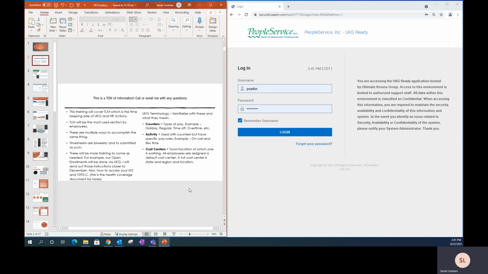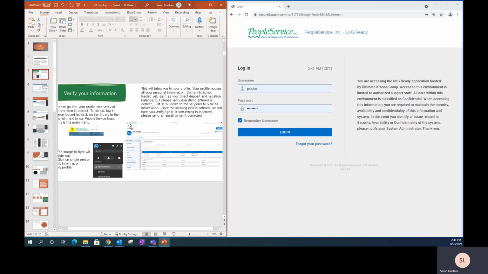Cost centers. In short, cost centers are just the town or location of which you're working. Every employee here, from operator to the president, we're all assigned a default cost center. The full cost center, which you will see when we talk about the timekeeping piece, that is the state, the region, and the location. So first thing that I want everybody to do, we'll go on to the next slide,